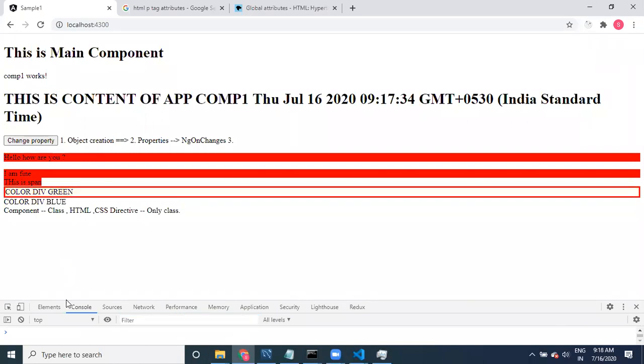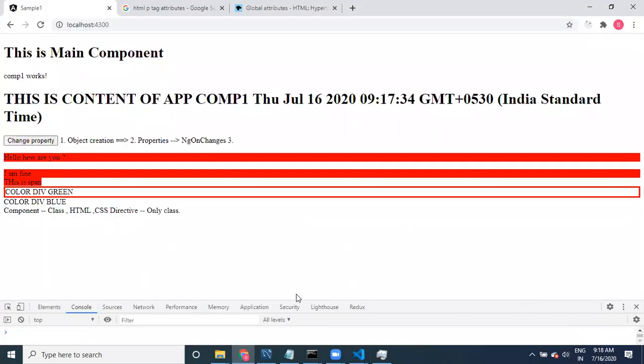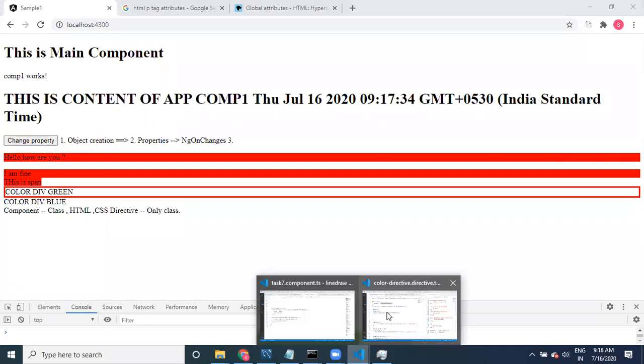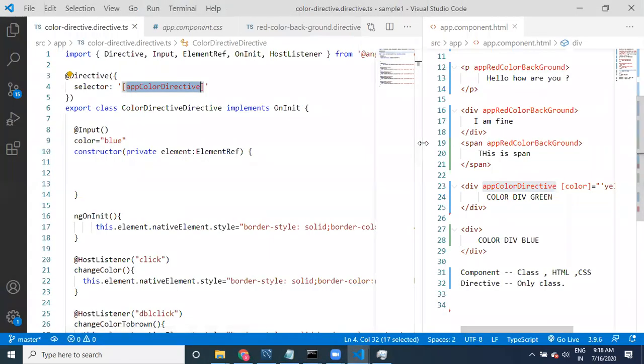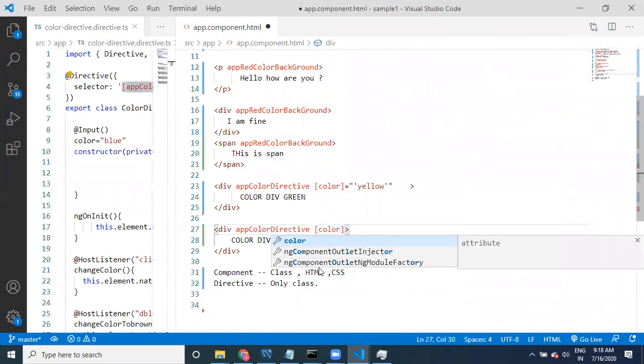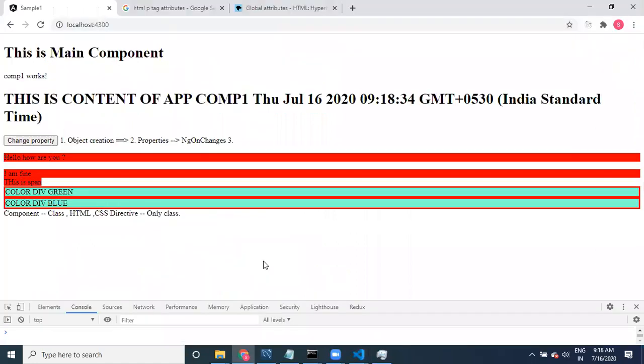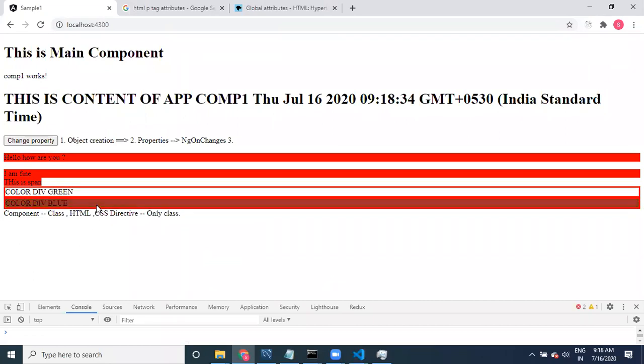What is the directive doing? You can apply the same directive to any element. If you have the same logic for other elements, you can go to HTML and apply this one. Initially I'm going to provide a color; I did not take this color, right? Even you can use this color also. Just provide the app color directive, and if I provide this, the same functionality is going to be applied for this also.